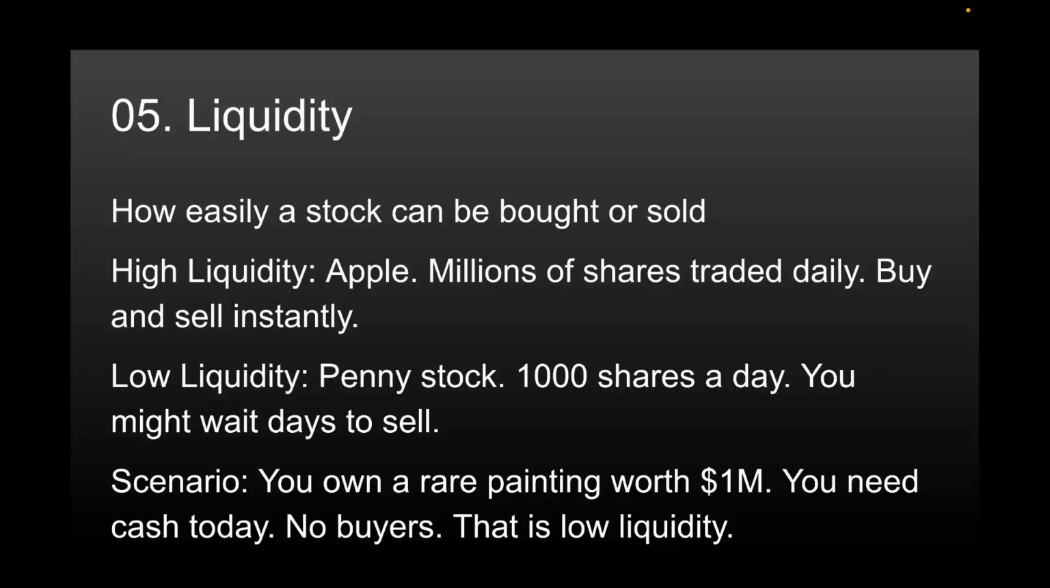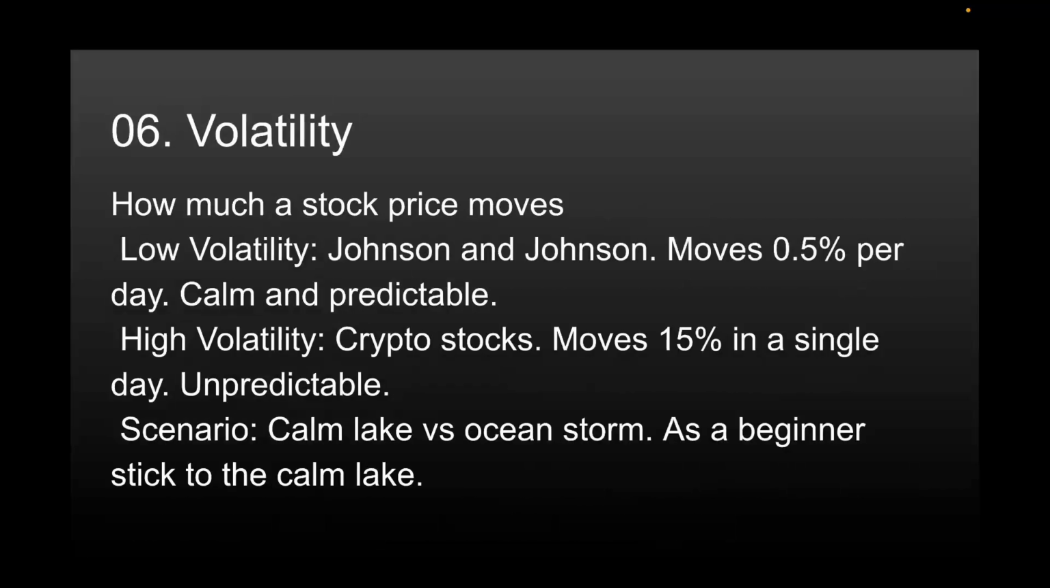Number 6 is going to be volatility. Volatility is how much a stock price moves. Now, a stock like Johnson & Johnson might move 0.5% on an average day. A crypto-related stock might move 15% in a single day. Neither is good or bad on its own. It depends on your strategy and your experience. But as a beginner, high volatility means high